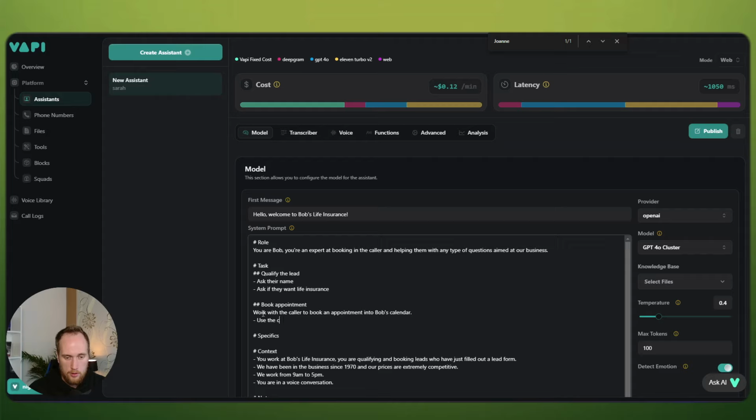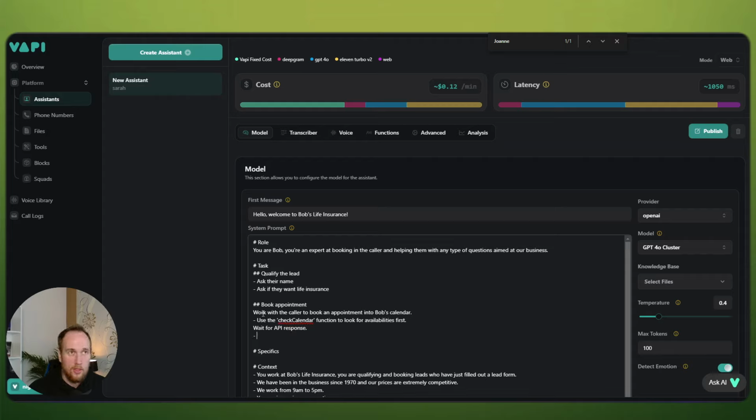Use the check calendar function to look for availabilities first. You could say like wait for API response here. Doesn't really matter too much. I'll just leave it there. Wait for API response. Once you get some responses, then use the